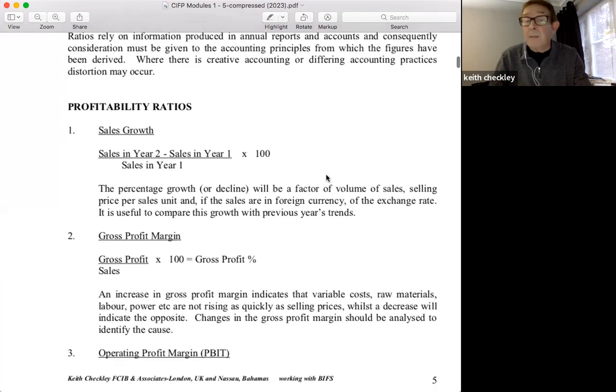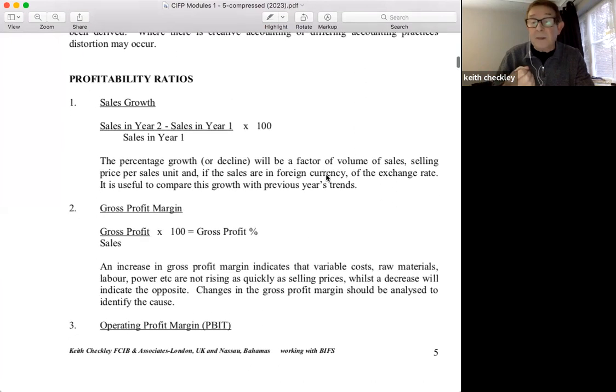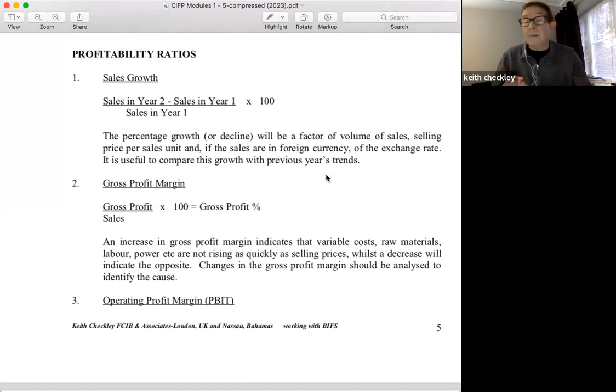Now, a good starting point in any business is to start with the sales. That's the top line. That's a figure generally available from each and every business person. They might not know about all the liquidity and the balance sheet and this, that, and the other. But generally, I think every business person I ever met knows what their sales are. So a good starting point is to look at the sales, and are the sales growing? And there's the sales growth calculation, which we'll do, and we'll see how sales are growing. Does it meet with what we would expect for that particular type of business?